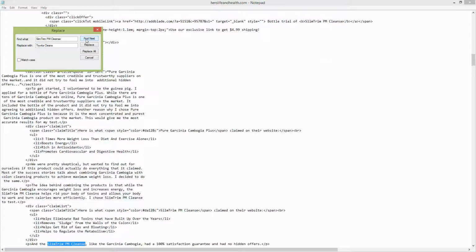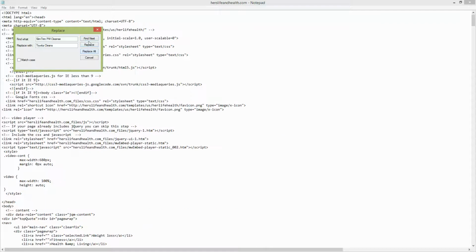Yeah, that's found multiple times. So I'm going to go ahead and replace all. Find next. Good, it's gone. And then the last one was